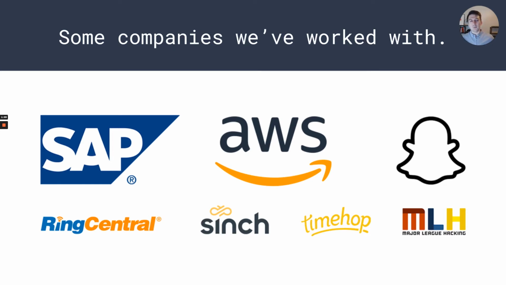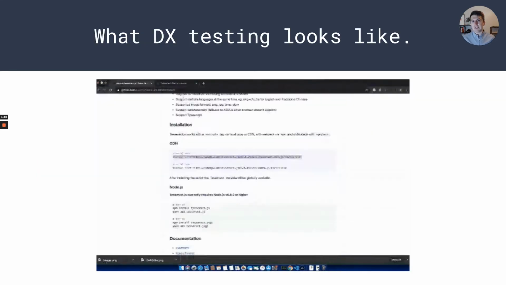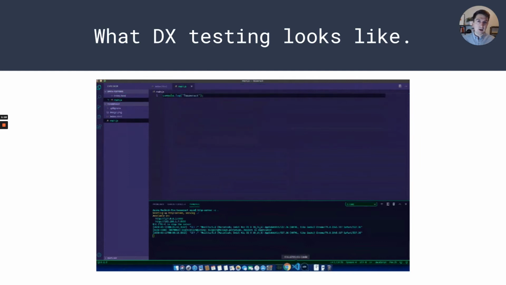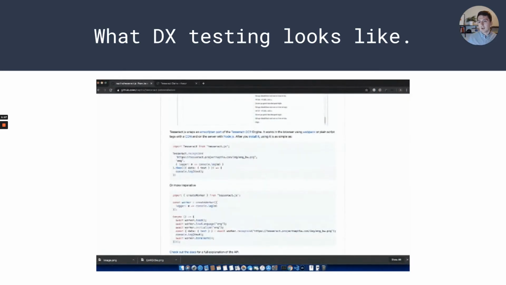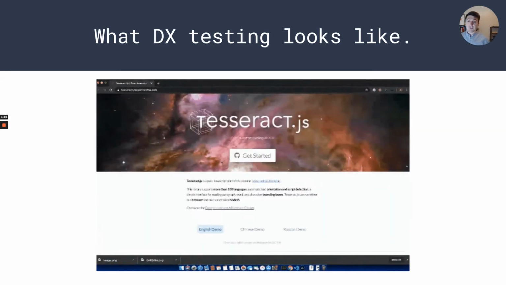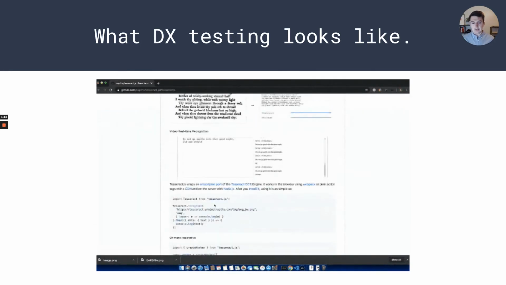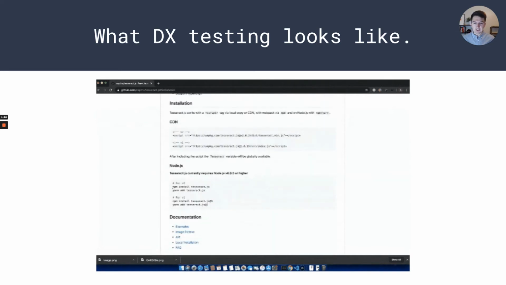The learning from working with these companies is what informs a lot of the recommendations that we'll make in this talk. If you have never seen a developer experience test, this is what one looks like. It's just a video of a developer getting started with an API, SDK, or dev tool. Here we can see a developer using Tesseract.js. They're on the GitHub docs, they're getting started, they're about to copy and paste probably the CDN link, put it